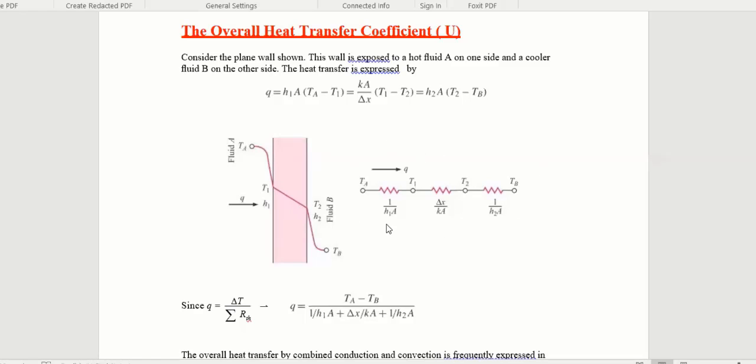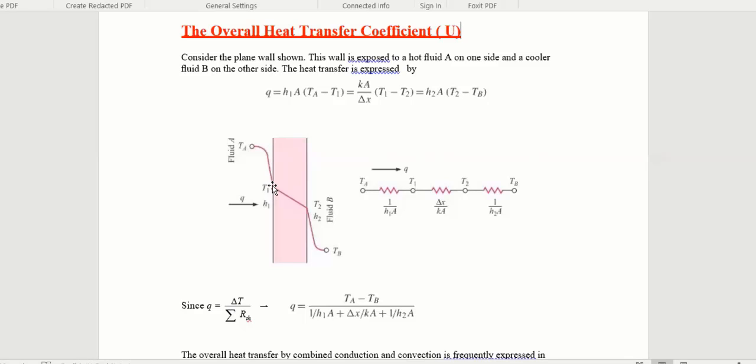So this is the electrical network. Here the network is drawn. There are three resistances. Why have the three resistances come? That should be very much clear. We will see here. Now what is happening? The heat from fluid A to fluid B, sorry, first the heat will flow from fluid A, that is point TA, to this wall. So this medium, that is this air, will offer some resistance.